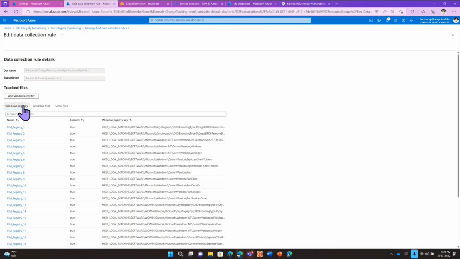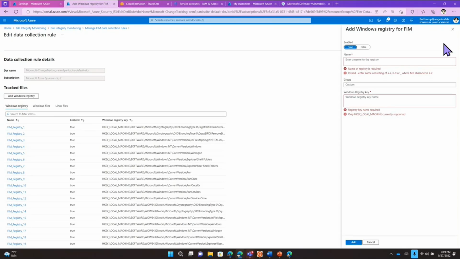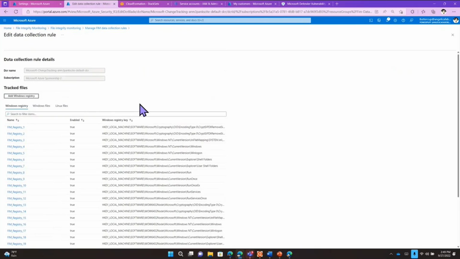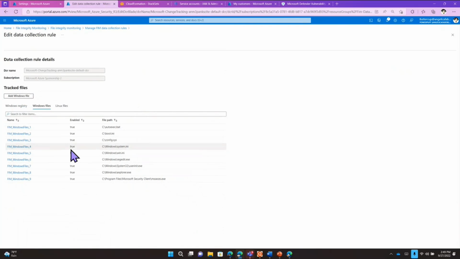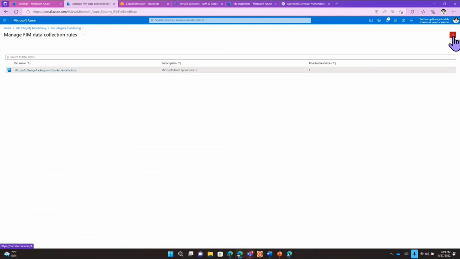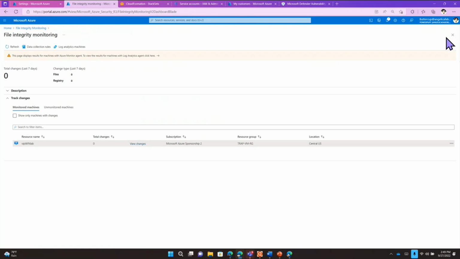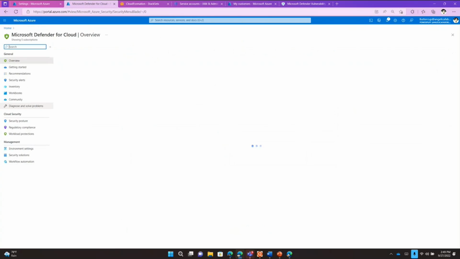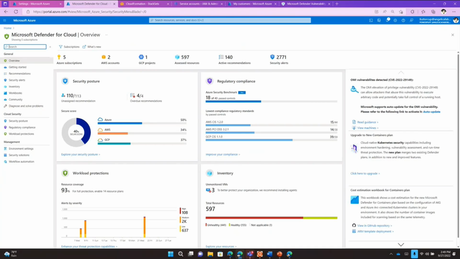And you can add more, of course. You can add additional ones. But it actually comes with a data collection rule out of the box that you can make use of. So if you don't know where to get started, you can start with that and then modify and create your own depending on how noisy or how not noisy enough it is. Okay, and we have